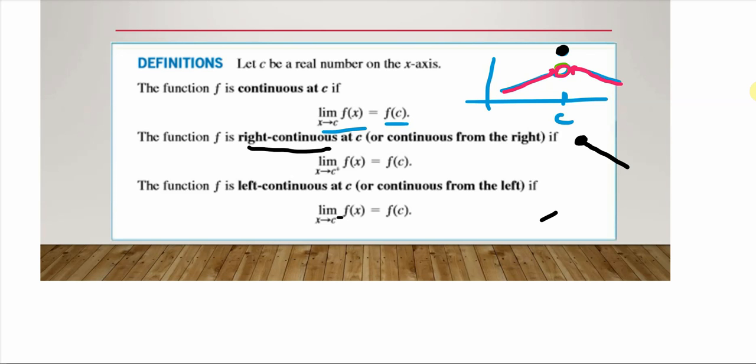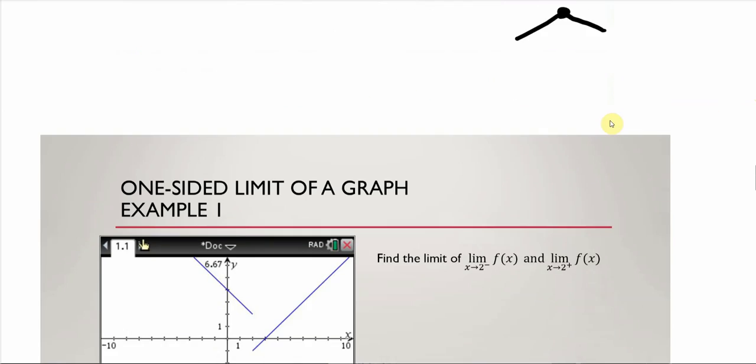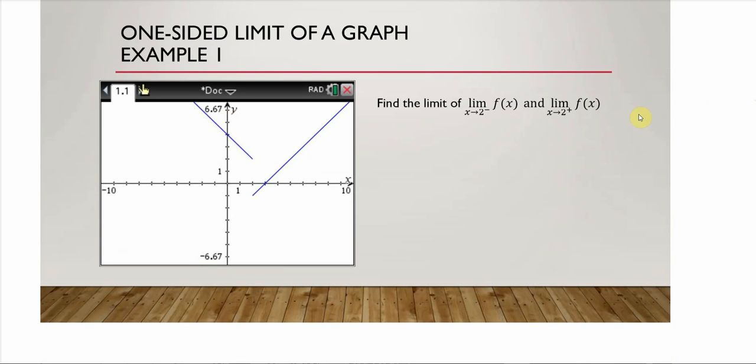If it's coming from the left and it approaches the dot, we're going to say that it is left continuous. If both of them approach the dot, then we say that it is continuous. All right. So let's go ahead and look at some examples here of the graphical part and then the piecewise